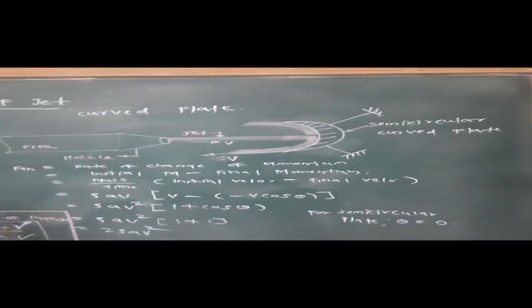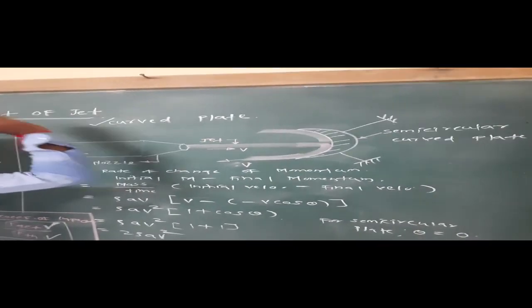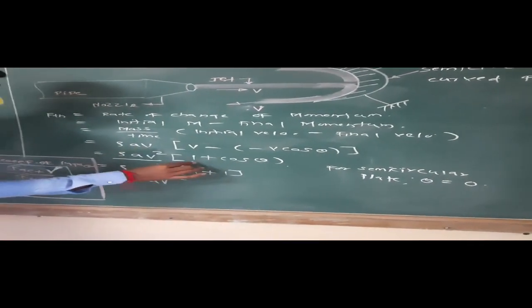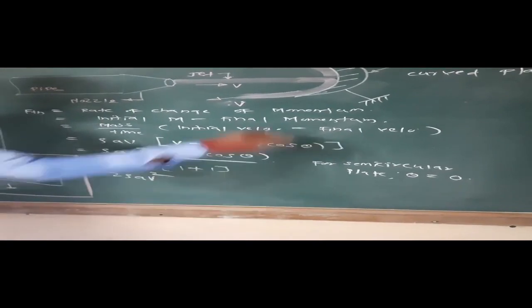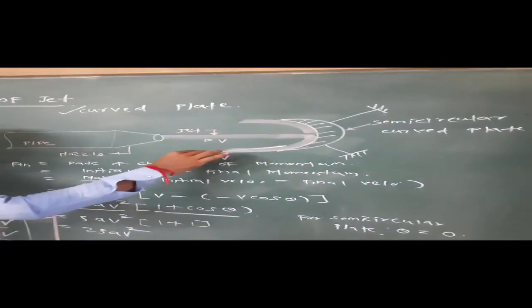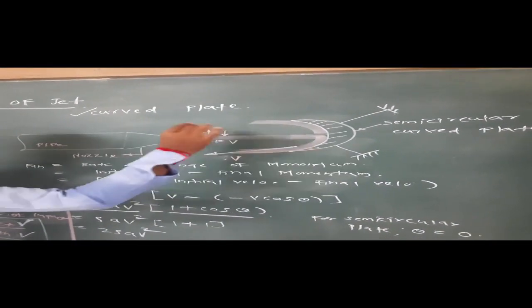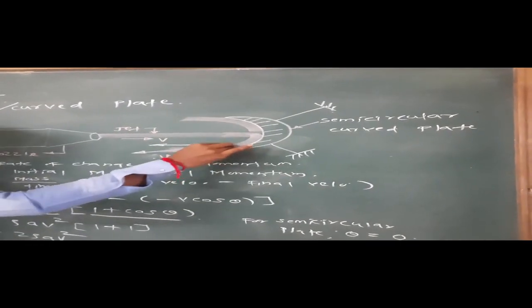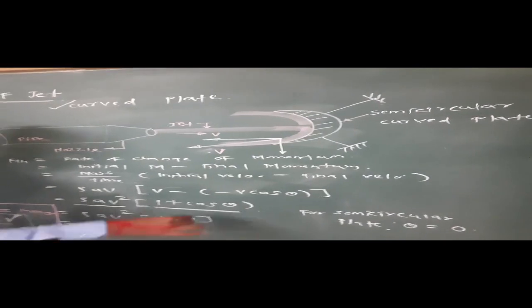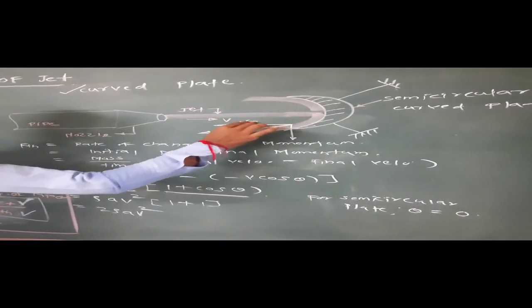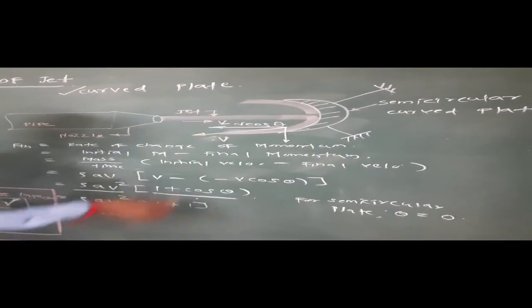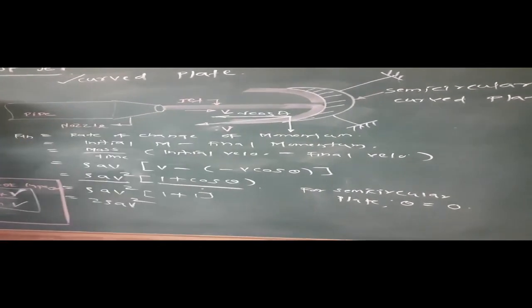Similarly, we can do the same procedure for the curved plate. The only difference is that our formula would be different. That is given by rho A V square multiplied by 1 plus cos of theta, because in case of a curved plate, whatever our velocity after striking gets deflected at an angle theta, so we are going to resolve it into two components. One is horizontal and another is vertical. So here minus minus would get plus, because here it will become V cos of theta. And when we take it after striking, it will become minus V cos of theta because it is moving in the opposite direction of motion.